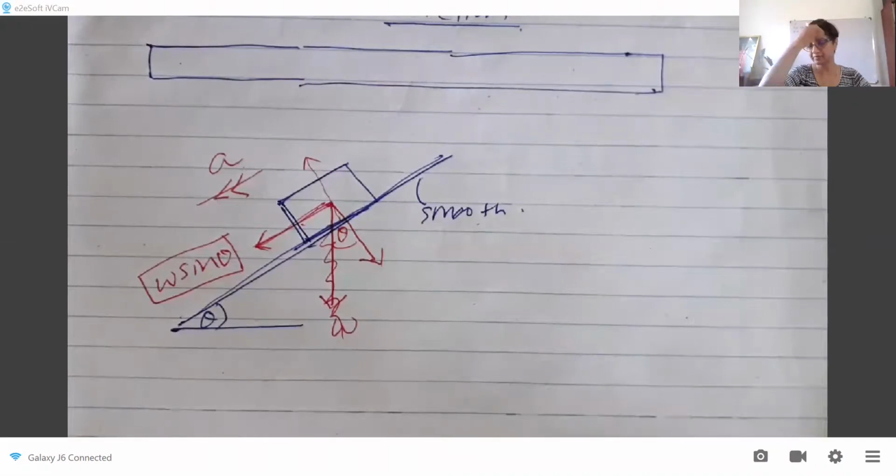That's okay. If your surface is rough, now again the word rough, when it is used in a mechanics or a physics context, what we mean by that is there is friction. You have a rough surface, that means it's a frictional surface. If you have a rough surface,